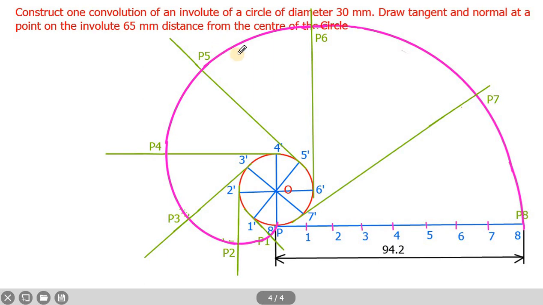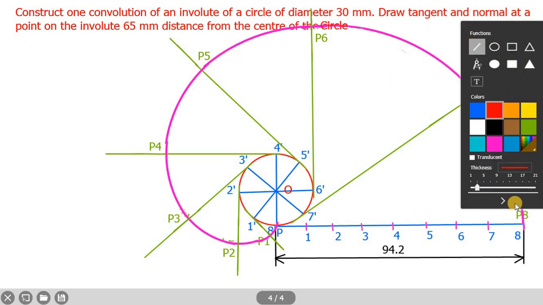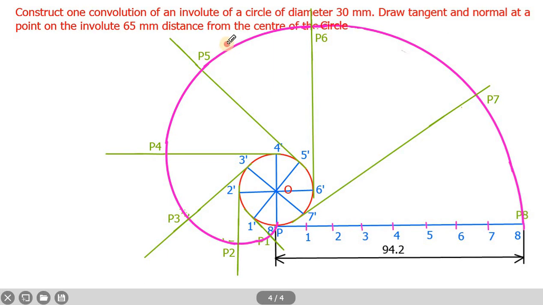So if it meets here, I am drawing approximately, this can be named as the point which we have marked over the involute as M. Join OM. Measure the midpoint of this OM line. So it is a 65 mm line, so 32.5 will be the center. From M mark 32.5 mm, that is the midpoint of the line. So it will be here. Then with this as center, draw one semicircle joining MO.